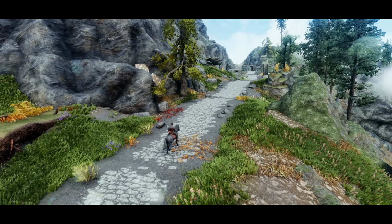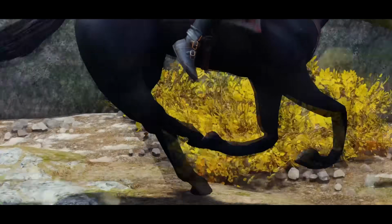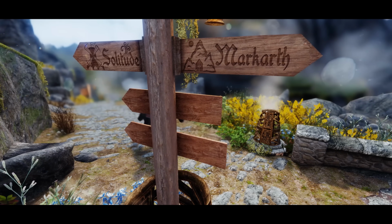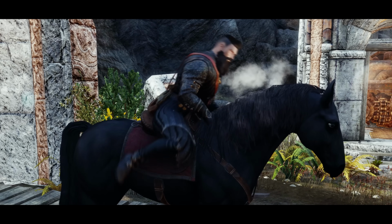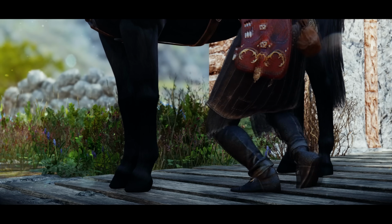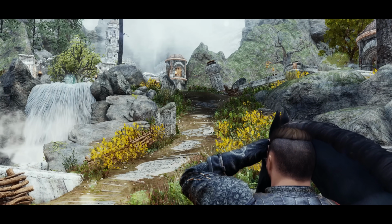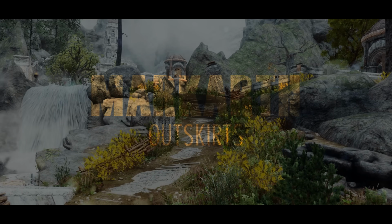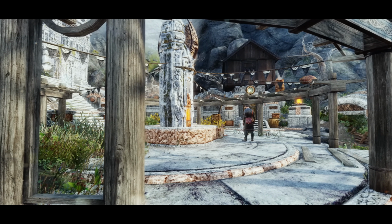One of the most unique features of Cities of Skyrim is that each offers a specific theme and is aesthetically influenced by the culture and location they're settled in. And as the community has created a plethora of settlement and city overhauls in the past, it was only a matter of time until the city sitting on top of the Nchuand-Zel Dwemer ruins was to get its much needed overhaul. From the author of the previously covered Laxvia comes Markarth Outskirts, a complete overhaul of the Markarth entrance area,